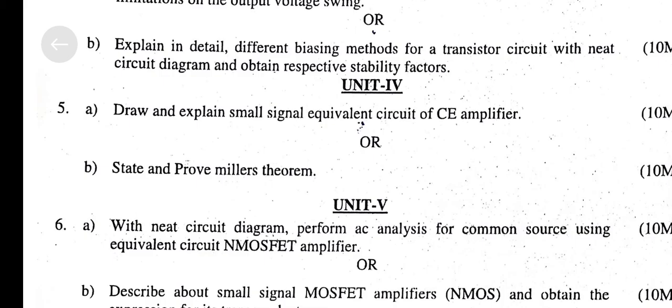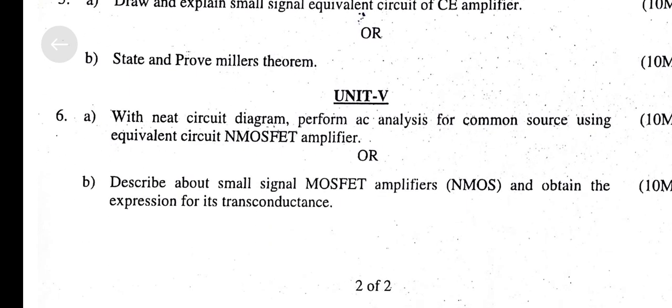B, state and prove Miller theorem. Sixth law A, with neat circuit diagram perform AC analysis for common source NMOSFET amplifier using equivalent circuit. Sixth law B, describe about small signal